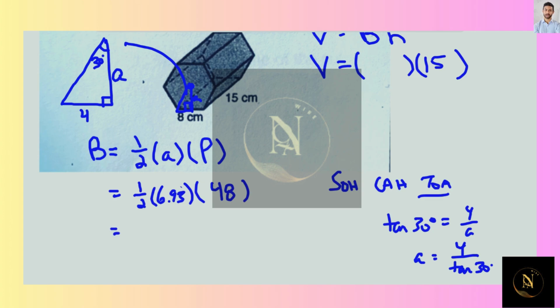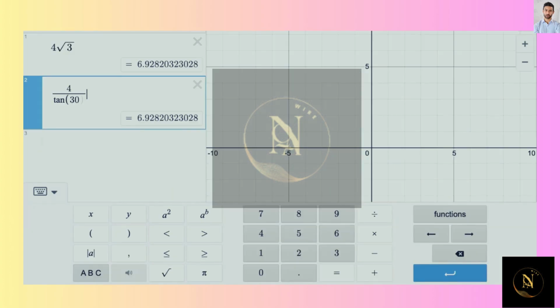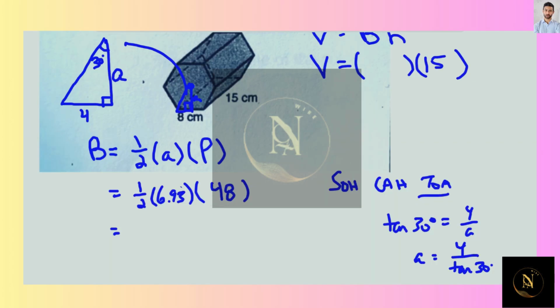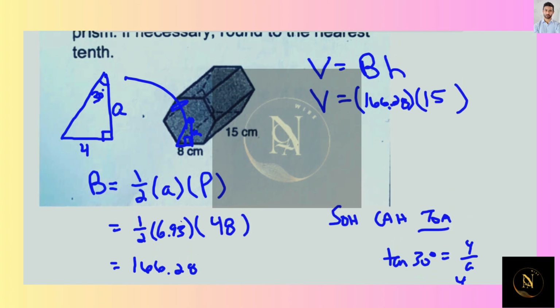We're still calculating the area of that base. So times 1/2 times 48. I'll just go from here. Times 1/2 times 48 is 166.28, which is the area of the base, the area of the hexagon, and now we multiply by the height of the prism,